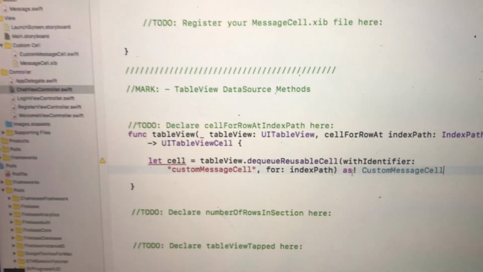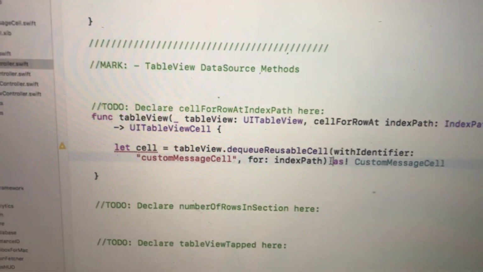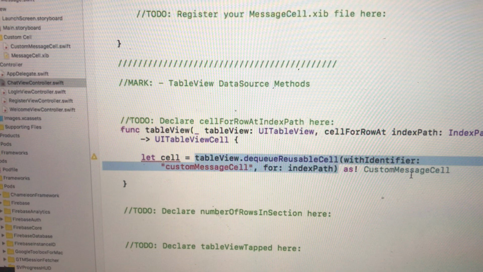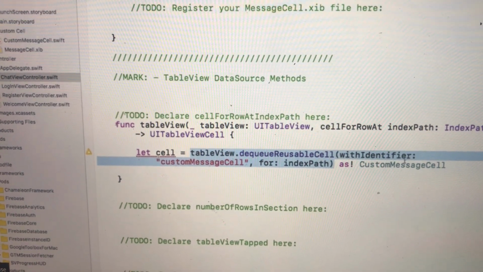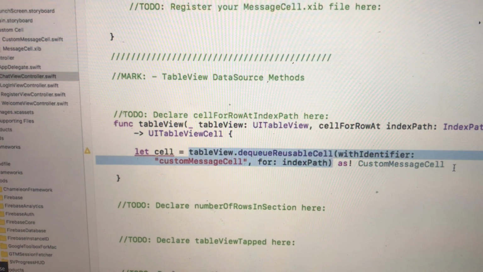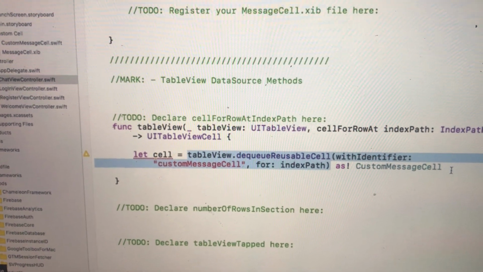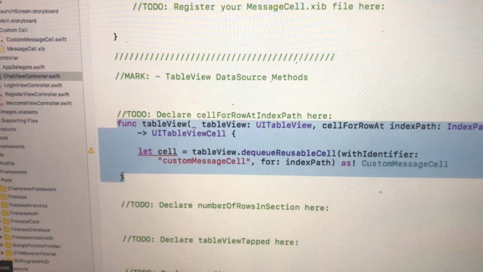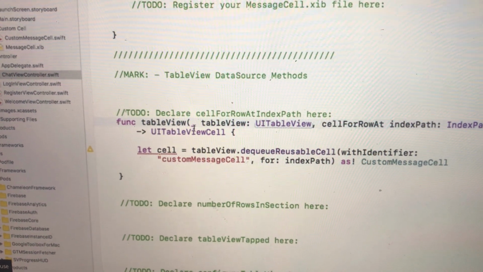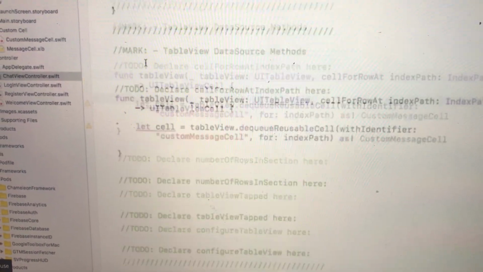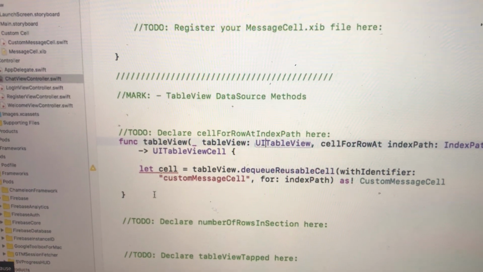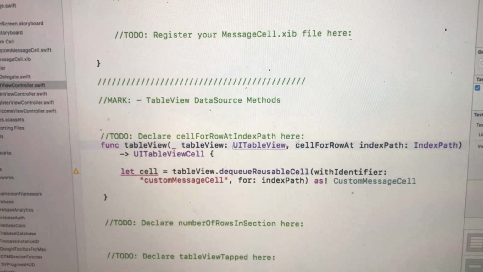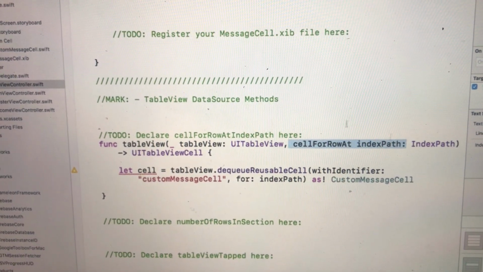If you remember, that class was called CustomMessageCell, so that our compiler knows that this cell object is an object of type CustomMessageCell, so that we'll be able to tap into each of those properties in the CustomMessageCell, like avatarImageView or messageBody, etc. So when our table view loads up, it's going to call this method, and it's going to ask the data source, which we've set as the ChatViewController, to divvy up the data that it should display in each of the cells. And the message that gets sent is: what should be the cell that I should display at this row, and we give it a